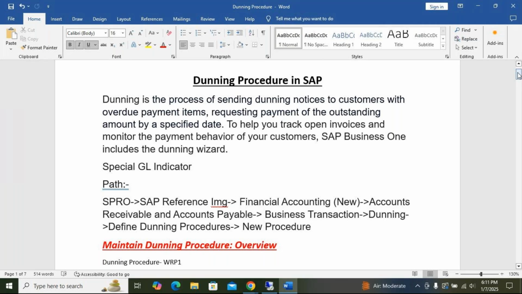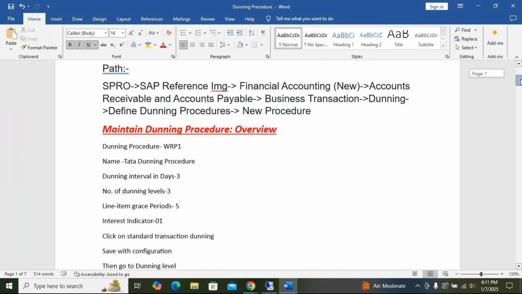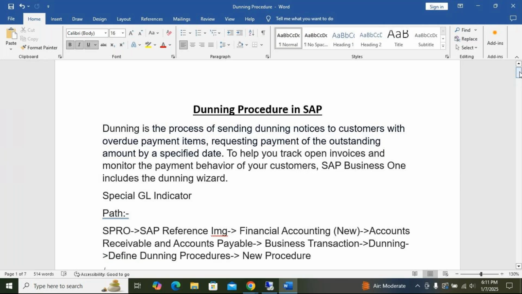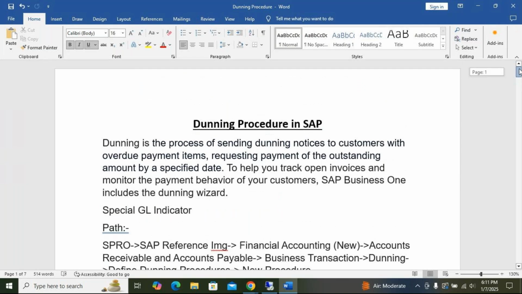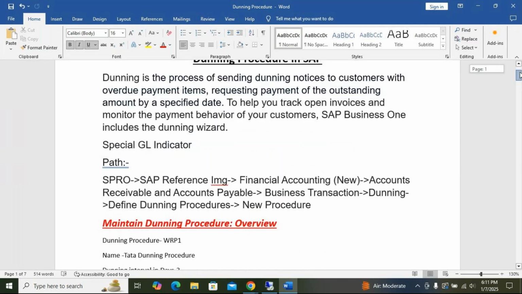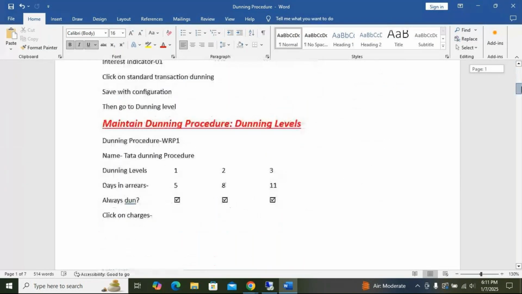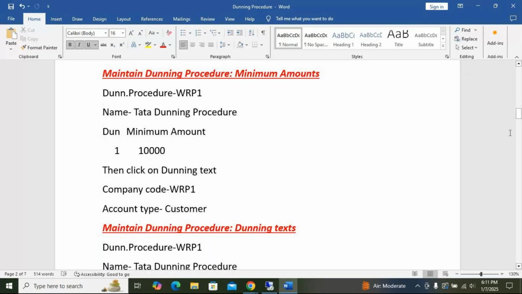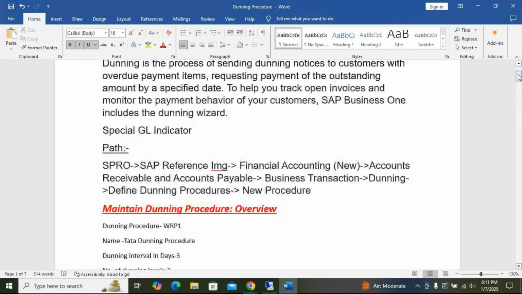But one thing I want to tell you today: in this we have to create a customer. You write the notes; we'll do accounts receivable one more time, then we can do Dunning, because without a customer account we will not be able to do that. Account type customer is there, no? So I'll be teaching you accounts receivable once more today.